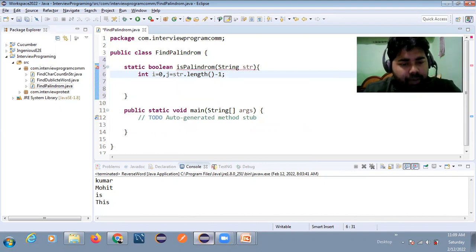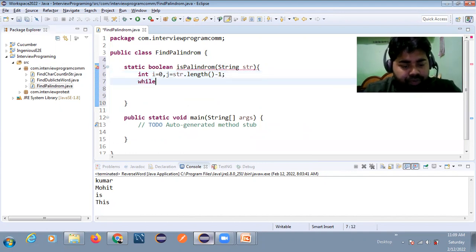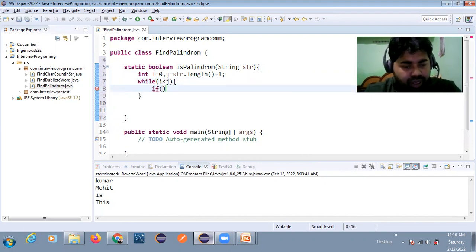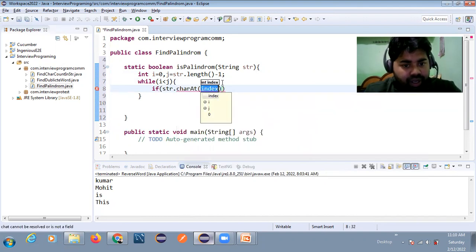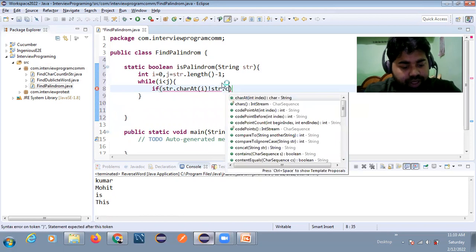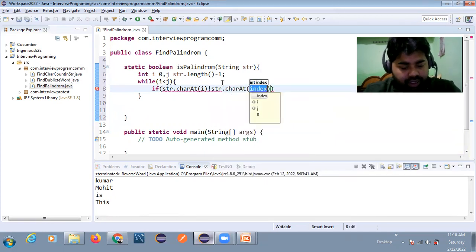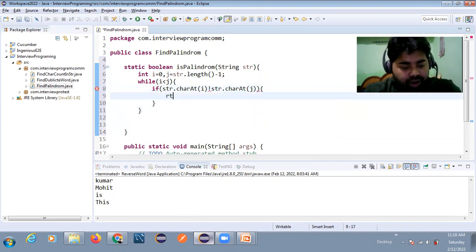Then I will take one while loop with the condition i less than j. After that, I will take an if condition with str.charAt(i) not equal to str.charAt(j), and return false.